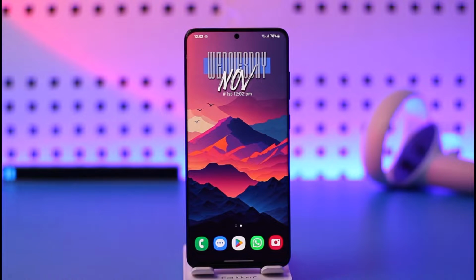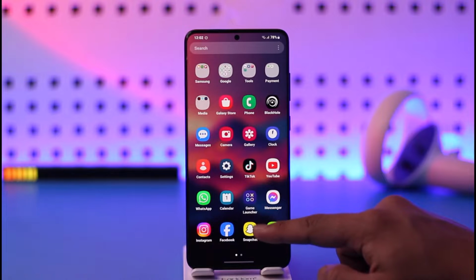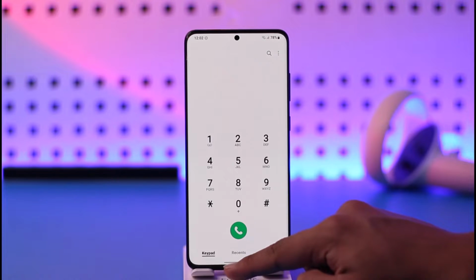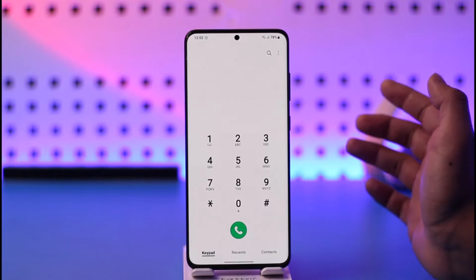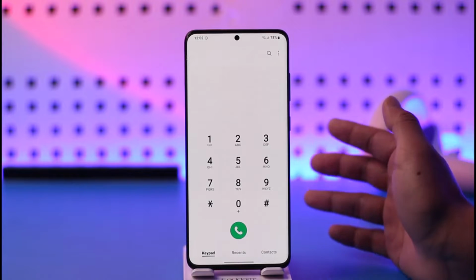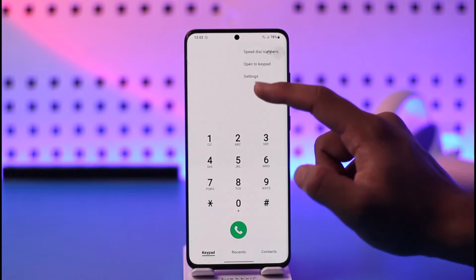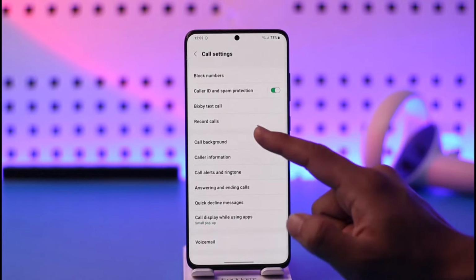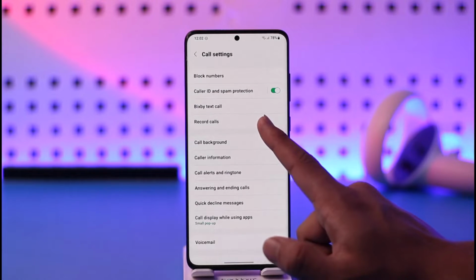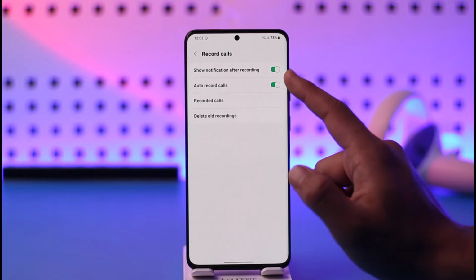So if you'd like to auto record your calls on Android, all you have to do is first of all make sure to launch the dialer application. Now currently I'm using a Samsung device, so the options may or may not be available in yours. What you need to do is just tap the three dots option from the top right and then go to settings, and right here you can see the record calls option, as for Samsung users,